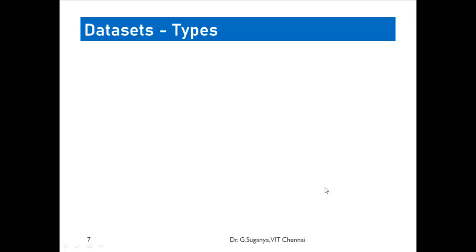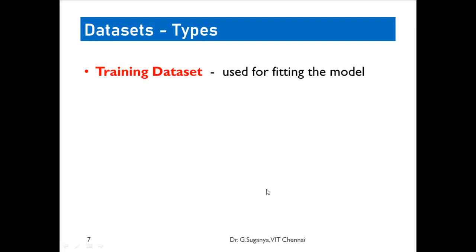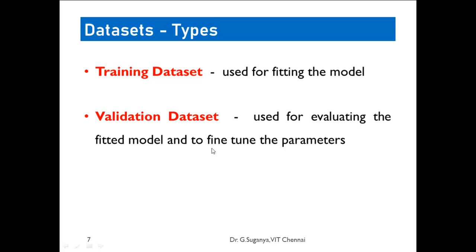Now, with these things in mind, that a model first has to be trained and then validated and tested, we have different data sets in our hand. One, we call the training data set. This is the data set which we use for training the model. Second, we have the validation data set. This could even be a part of the training data set or a part of the testing data set, or you can have a separate set of rows designated as validation, which you think can give you feedback.